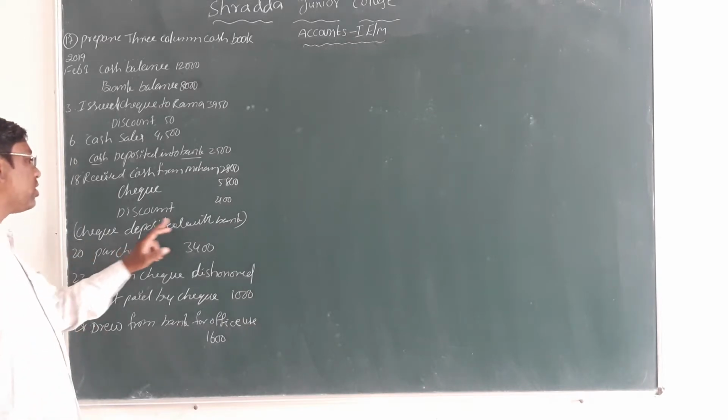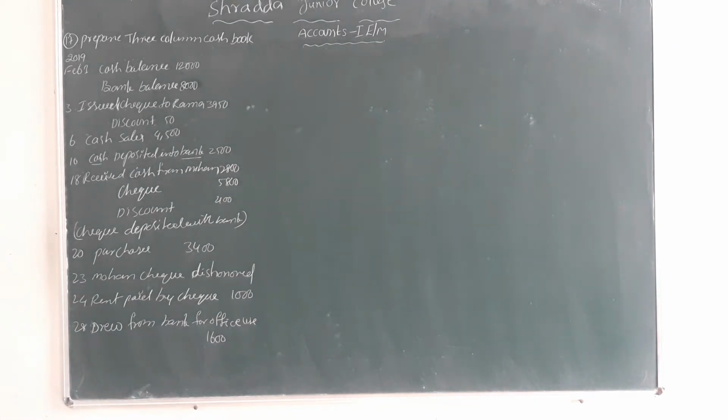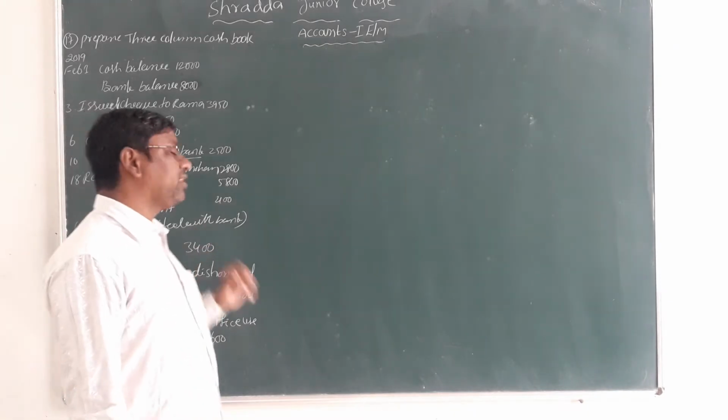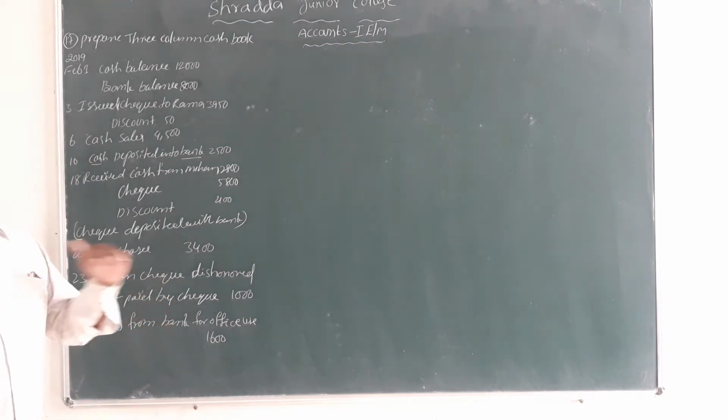Now, check deposited into bank. The check is already sent to the bank. For example, if the check is not sent to the bank on the same day, we write that transaction a minimum or maximum of 3 times. Why? Because we first record the amount in the cash column, then we take the contra entry in the bank and cash columns, both sides. So we record the check amount 3 times. Here there is no problem, because clearly the check is sent to the bank. The check is deposited into the bank on the same day, so no contra entry comes here.